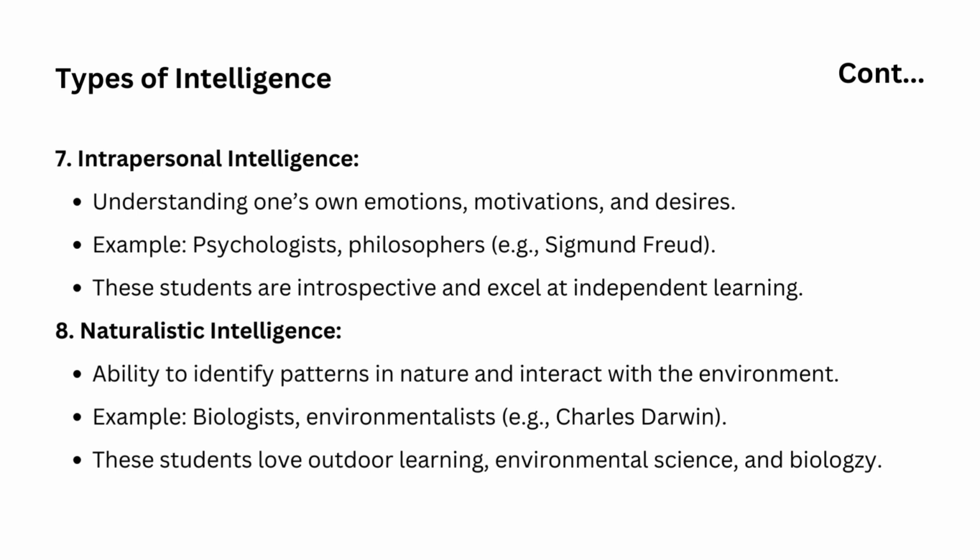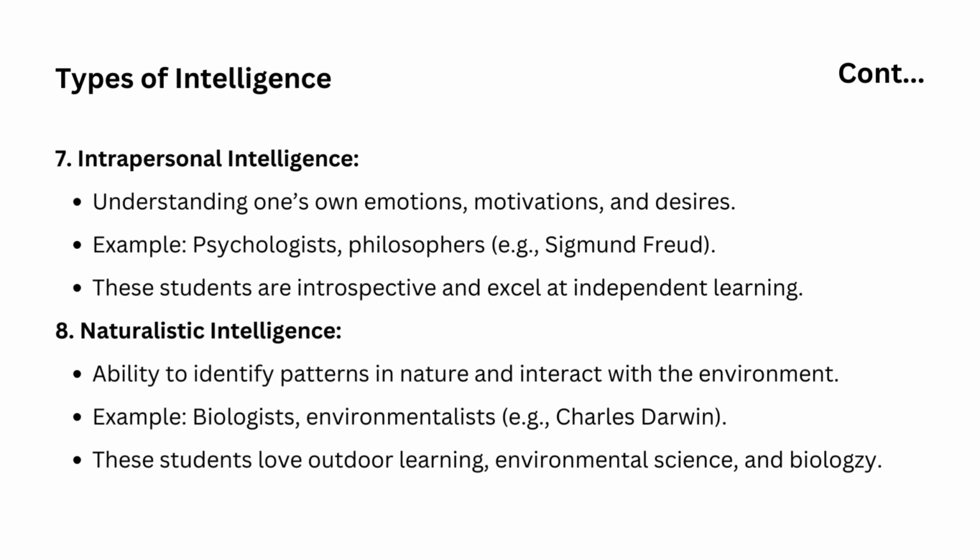In a classroom, students with intrapersonal intelligence may prefer to work independently. They are often introspective, reflective, and may set personal goals to guide their learning. Next, naturalistic intelligence. This intelligence refers to the ability to recognize and categorize natural elements such as plants, animals, and environmental patterns. Charles Darwin's observations of the natural world that led to his theory of evolution are a classic example